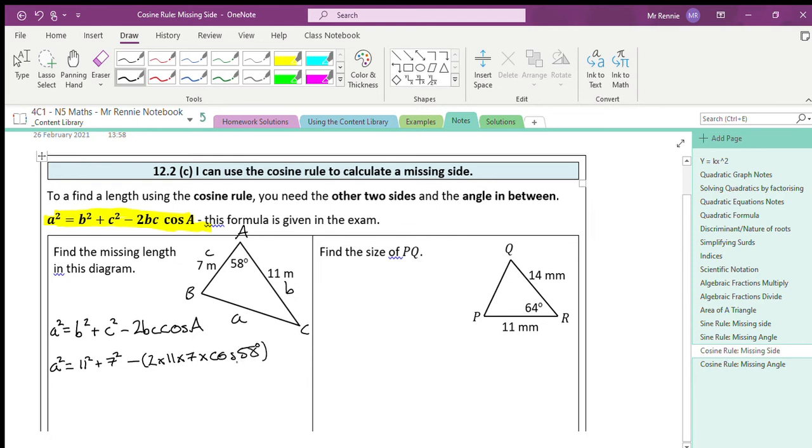Okay, so that's going to be how I'm going to calculate my answer. I'm going to work out a squared, put this into my calculator, and if you do that correctly, you should get the answer 88.3924 dot dot dot. Now normally we would round to two decimal places, however